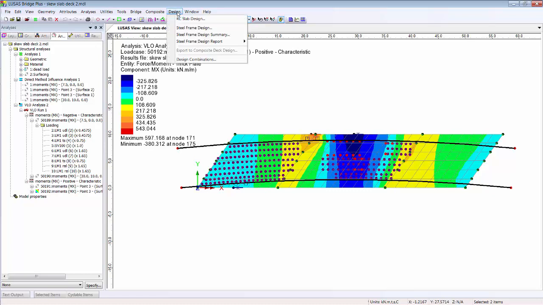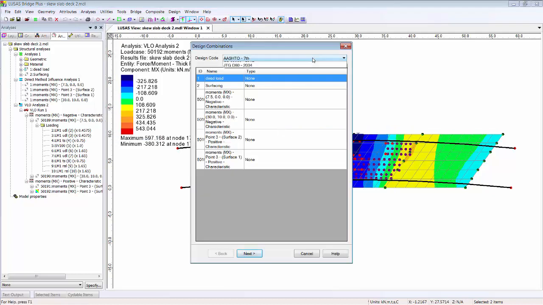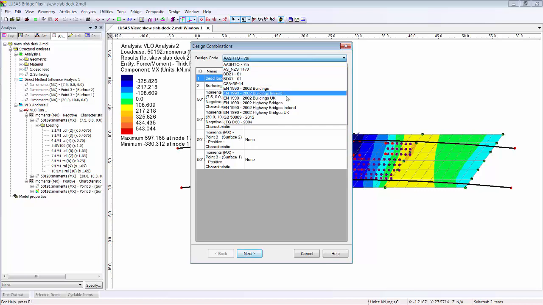So if I go to the design menu, there's a new option here which is design combinations. There's still the existing options that we've always had for basic combinations, smart combinations and enveloping, and the design combinations occur here as well so that I can find them easily. I choose the design code that I'm going to work to, so I'm going to work to the Highway Bridge